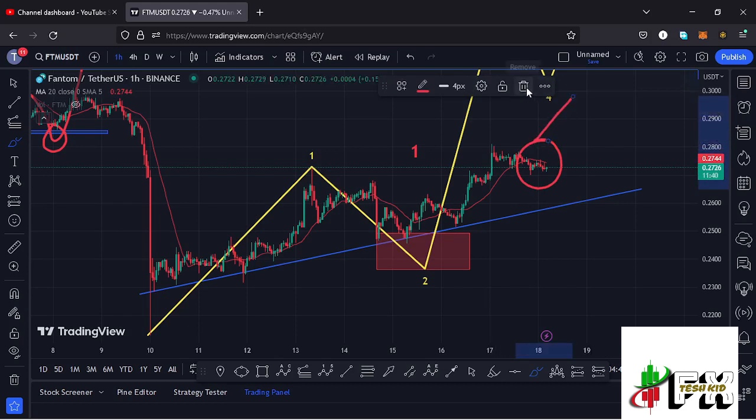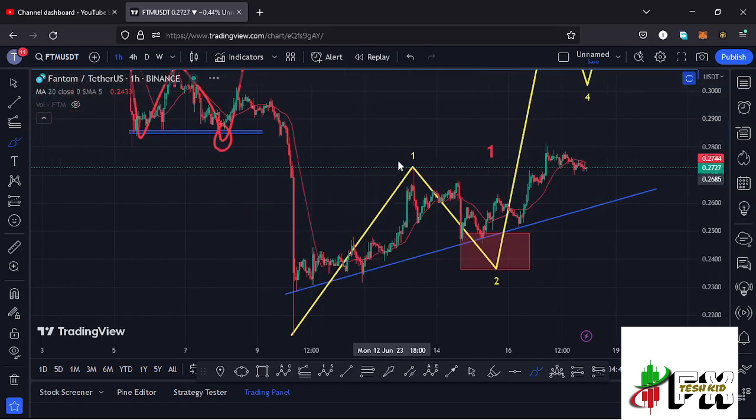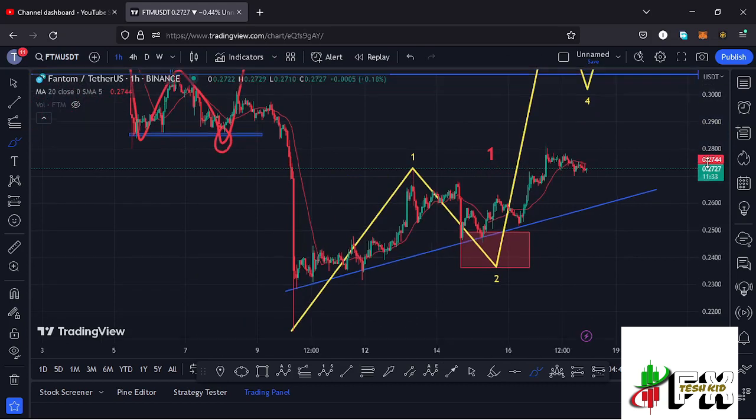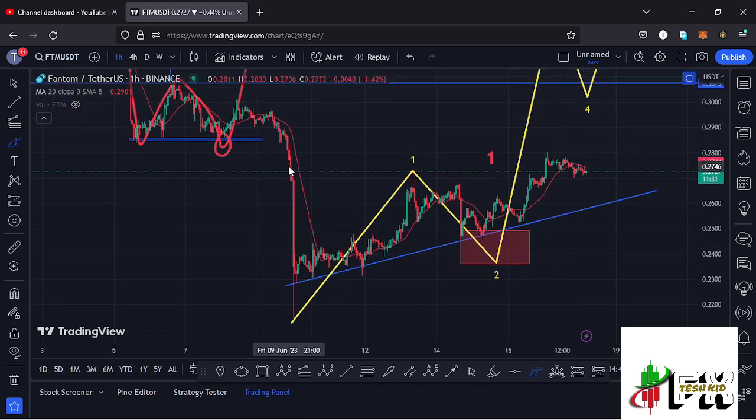Here on the Fantom chart, I have also continued to track this Elliott structure that I have on the charts in yellow, where you can see that after seeing our massive crash on the 10th of June, giving us a low at around the $0.2124 mark, we started this bounce to the upside in a move that is now obeying the Elliott structures, where I'm tracking this move to the upside as the first wave to the upside. Then we saw this corrective structure over here in the formation of this wave 2,